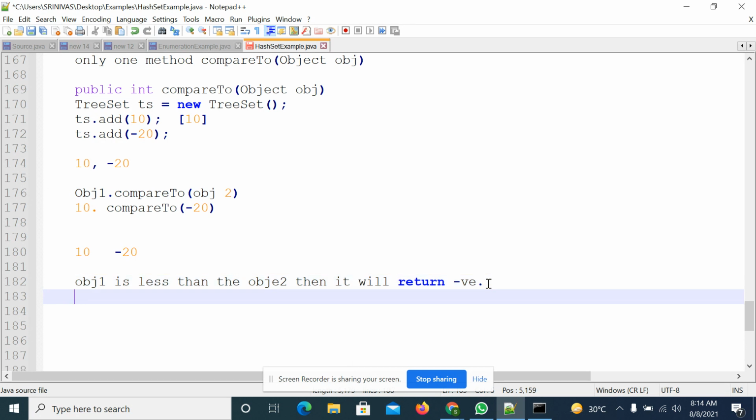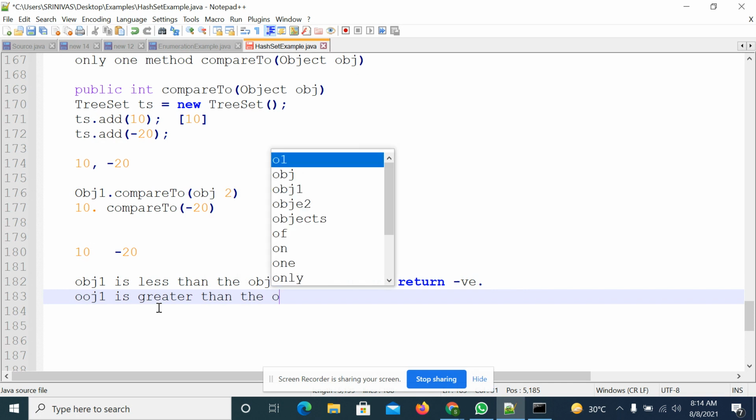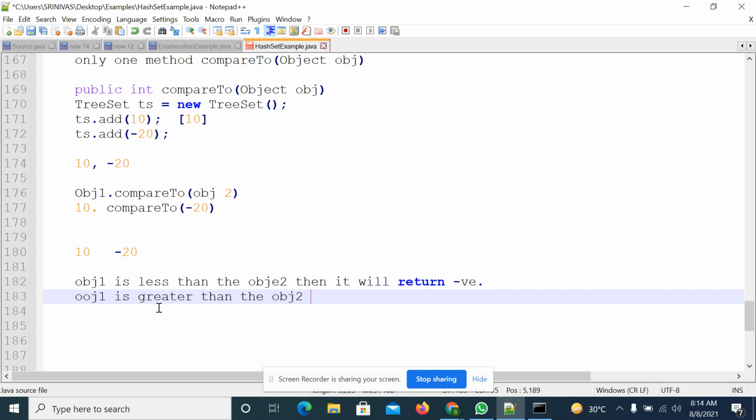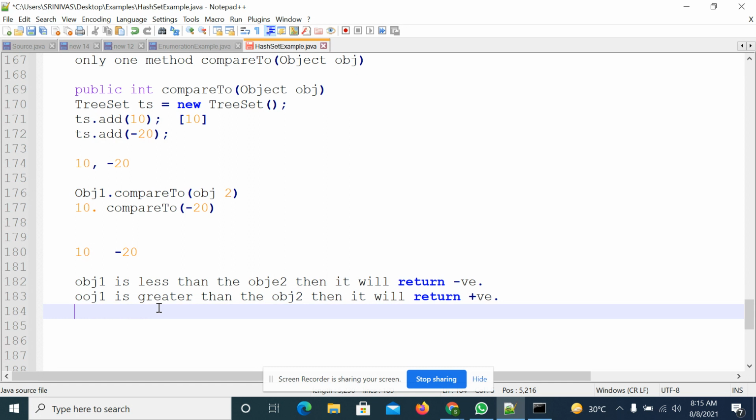Suppose this condition is false, and object 1 is greater than object 2, then it will return a positive number.